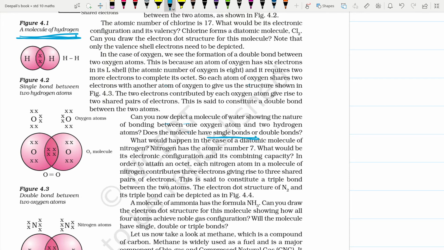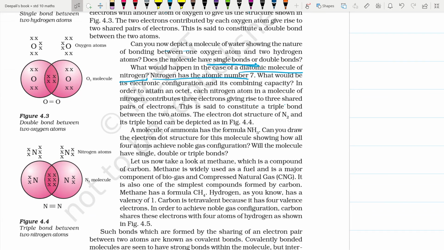What would happen in case of diatomic molecules like nitrogen? Nitrogen has atomic number 7. What would be its electronic configuration, its combining capacity? In order to attain an octet, each nitrogen atom in a molecule of nitrogen contributes 3 electrons, giving rise to 3 pairs of electrons. This is said to constitute a triple bond between the two atoms. The electron dot structure of N2 with a triple bond has been depicted in the figure here. Now let us see